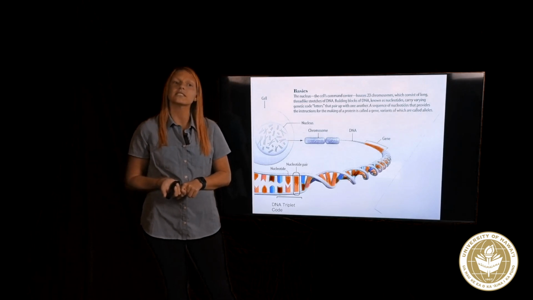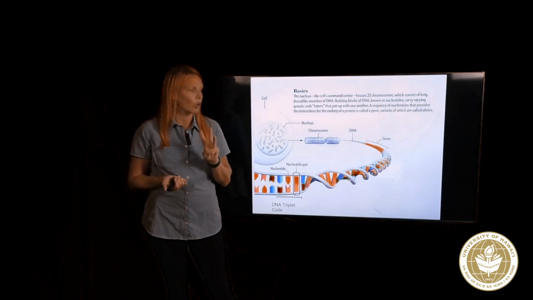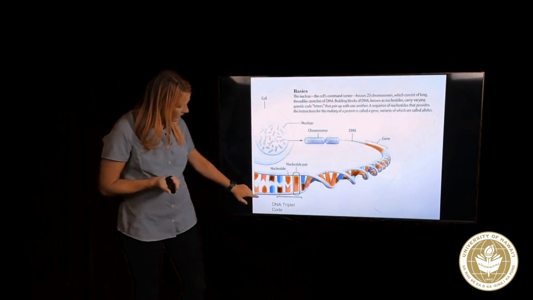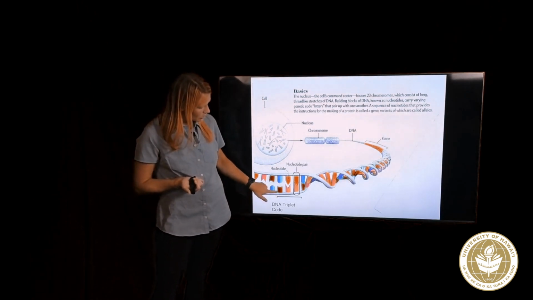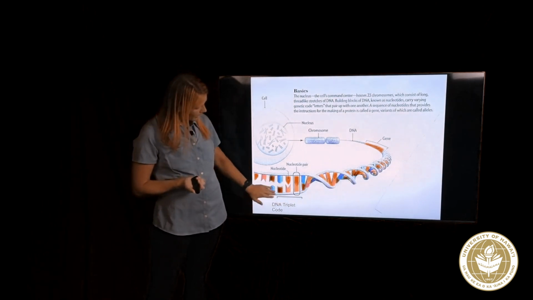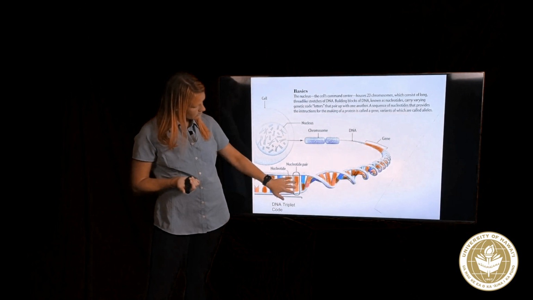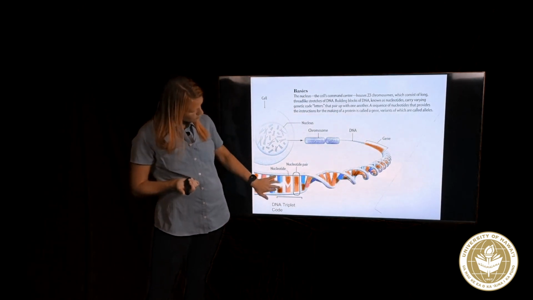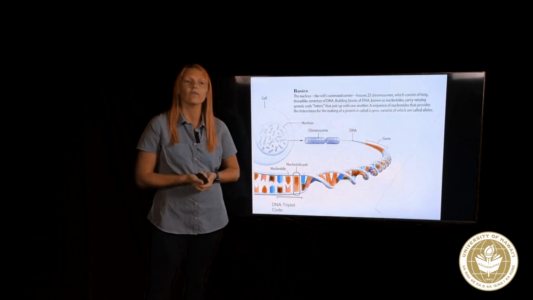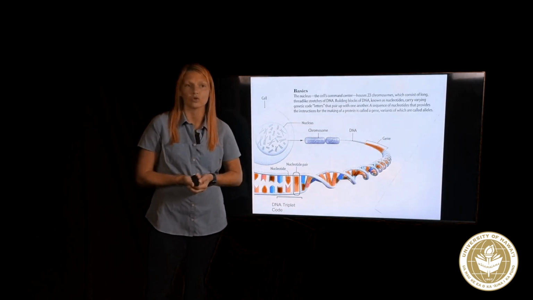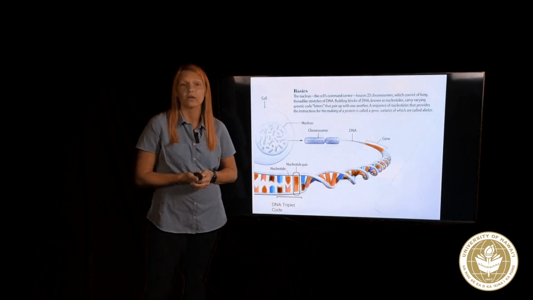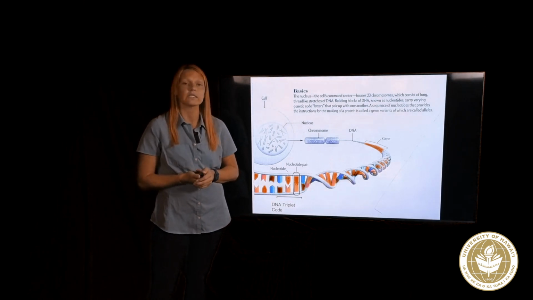The code is going to consist of 3 sequential bases. So you can see that's kind of indicated here. You have what we term a triplet. That's going to be 3 sequential bases. These bases, 1, 2, 3, or you could go the other way, 1, 2, 3. So it's going to be 3 of those bases that forms what we call a triplet. And each triplet is going to actually code for a particular amino acid, like we're going to see during the